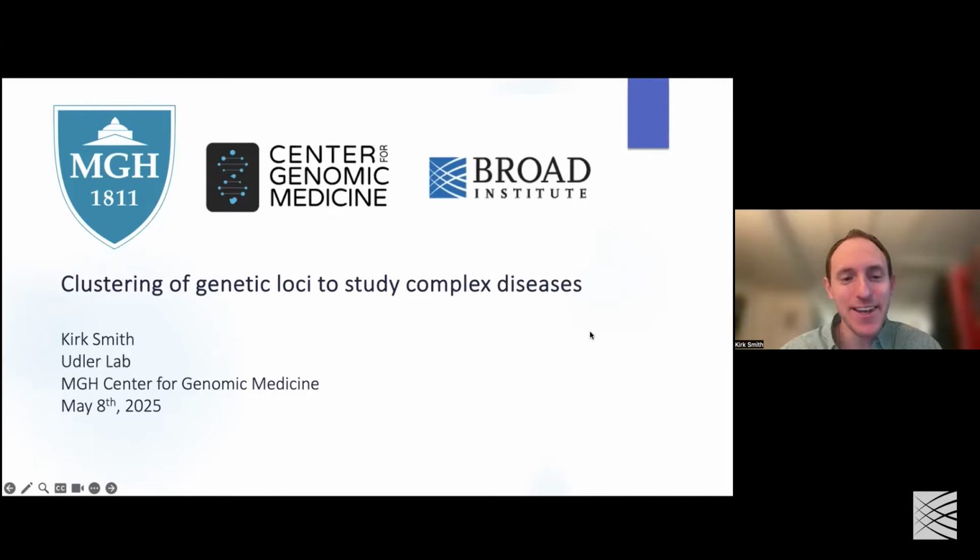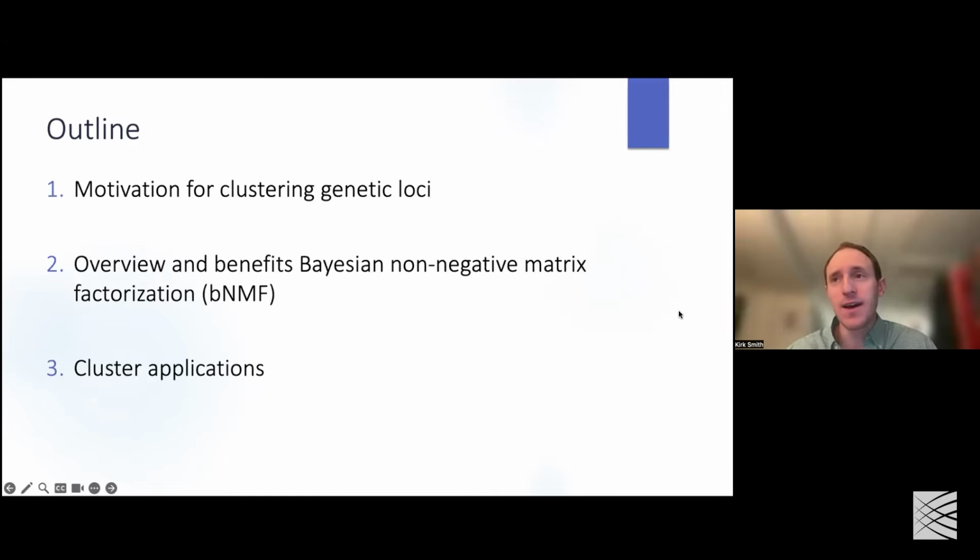So yeah, today I'll be talking to you about our lab's research regarding the clustering of genetic loci to study complex diseases. In today's presentation, I'll start with our motivation for performing soft clustering analysis on genetic loci. I'll then describe the actual soft clustering method that we're using, which is called Bayesian non-negative matrix factorization, or BNMF, and we'll go over some of its primary benefits. And then lastly, I'll go through a number of potential applications and downstream analyses that can be done with these